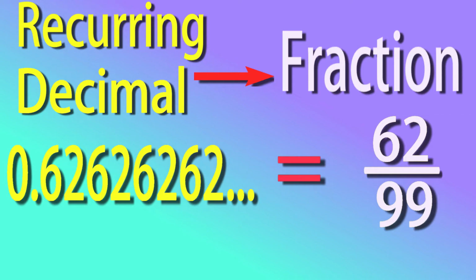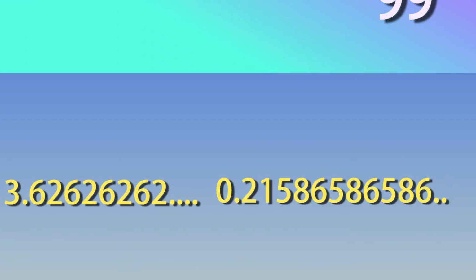Today we are looking at how to convert recurring decimals to fractions. We'll be converting these examples. A recurring decimal is a number where, after the decimal point, there is a pattern of numbers that repeats over and over again forever. In recurring decimal notation, you put a small dash above the beginning and ending numbers of the repeating pattern. So these numbers can be rewritten as the numbers below them.